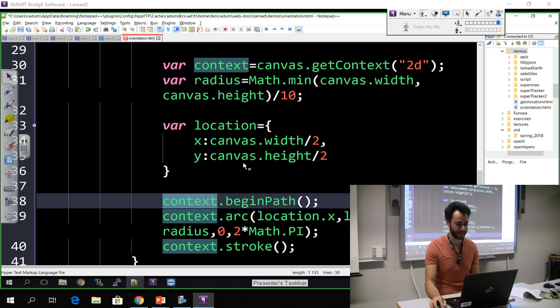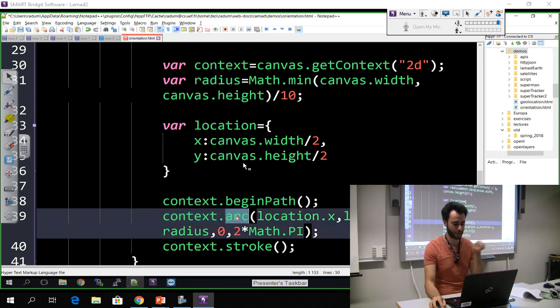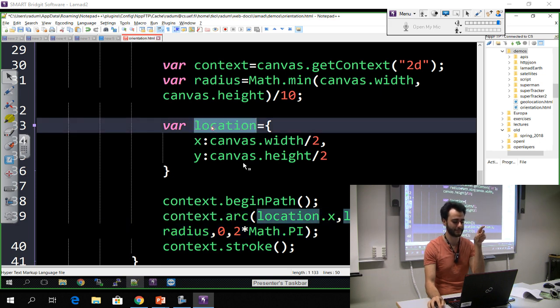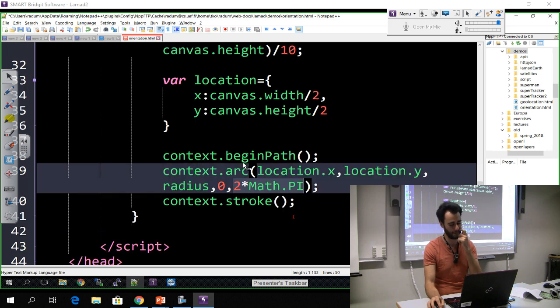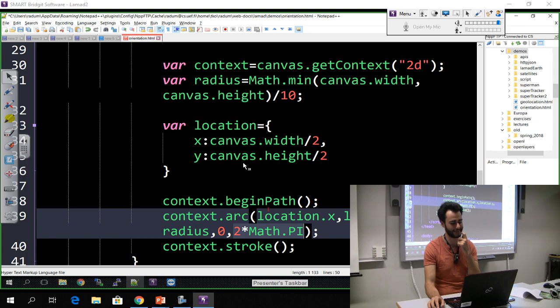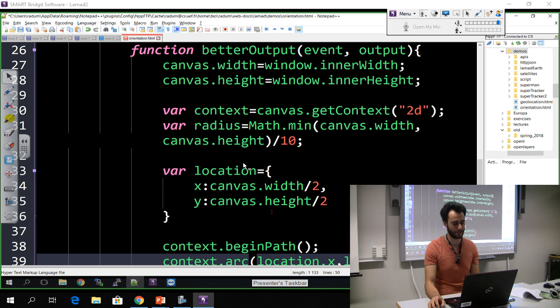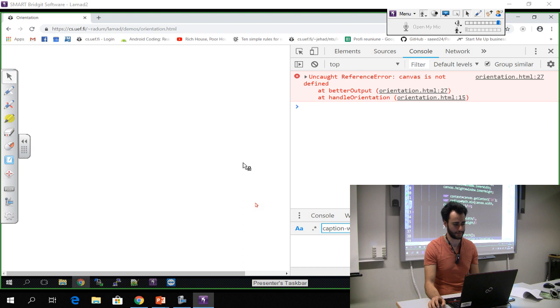But anyway, what this says is that it's going to start to draw the circle, and it's going to draw a complete circle at the location that I give it. Currently it's the center of the screen. Complete circle means that it's from 0 degrees until 360 degrees, but this is in radians, so it's 2 pi. You can just copy it like this, and if you're interested in drawing things in HTML, then you can play with that later. But let's save this file and try to